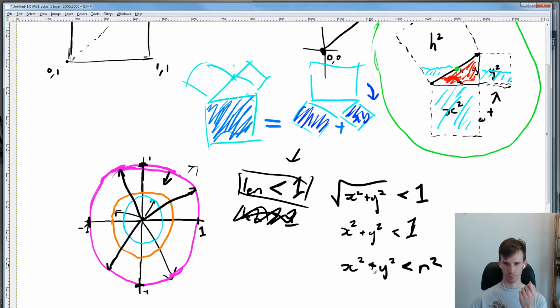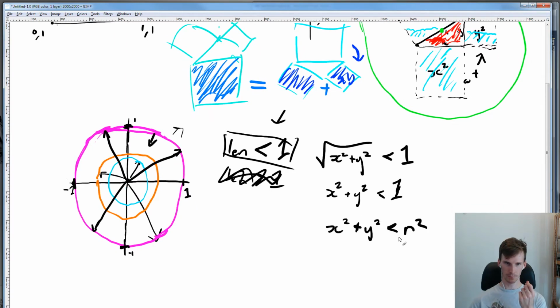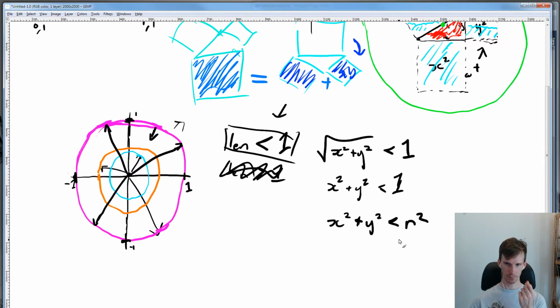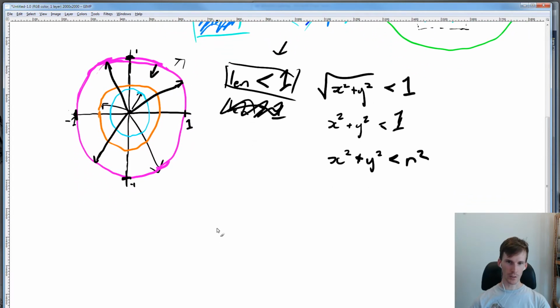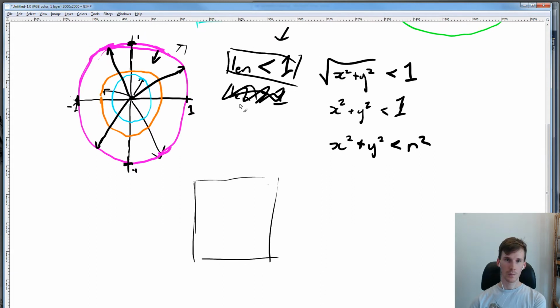If we want a circle of some given radius r, this is the formula for all of the points inside that circle: x squared plus y squared is less than radius squared. This works with all of the signs: a less than sign, an equal sign, a greater than sign, or a less than or equals to sign, and so on. They just define the different spaces: inside the circle, outside the circle, and on the circle itself, on the perimeter of the circle.